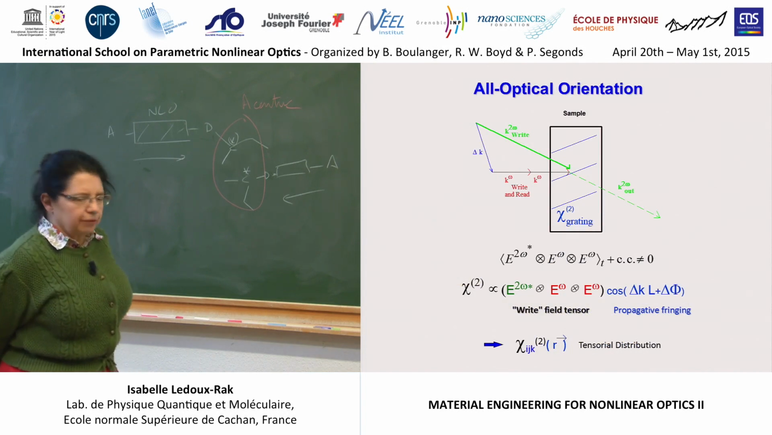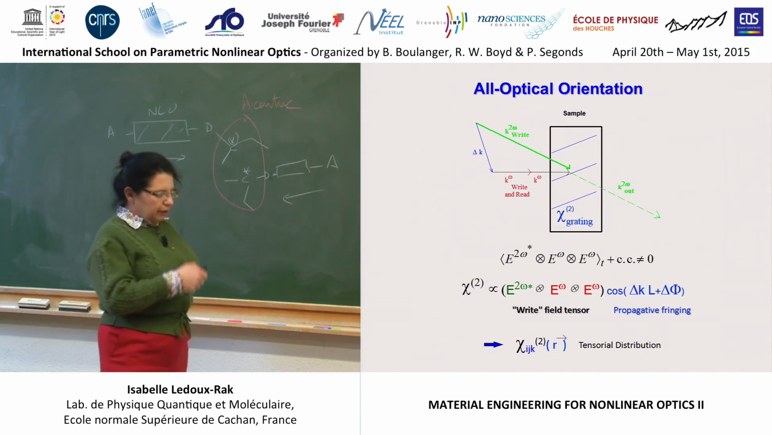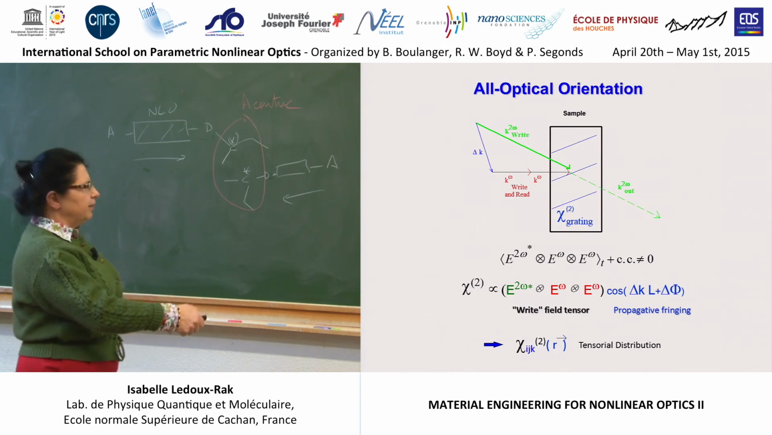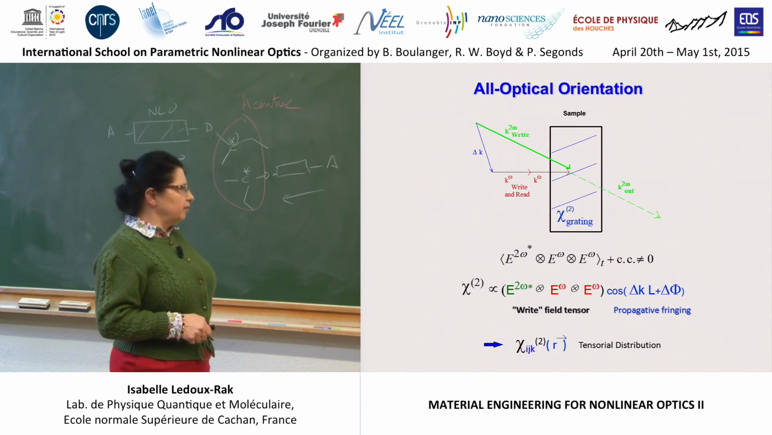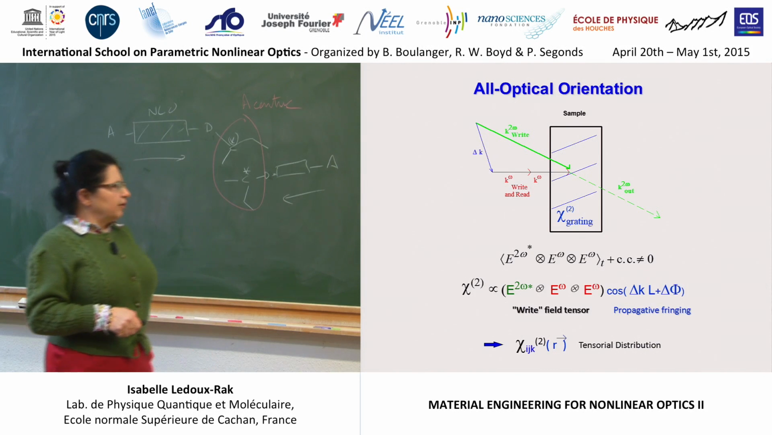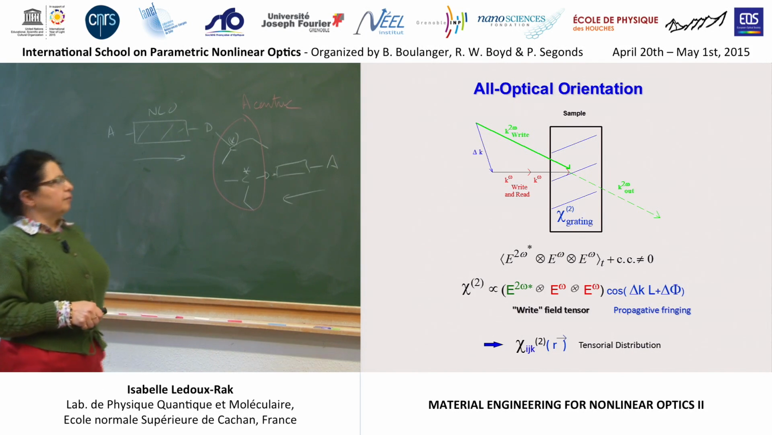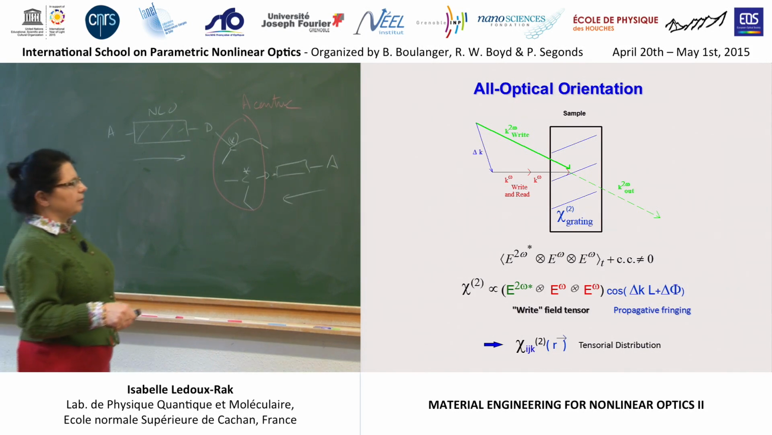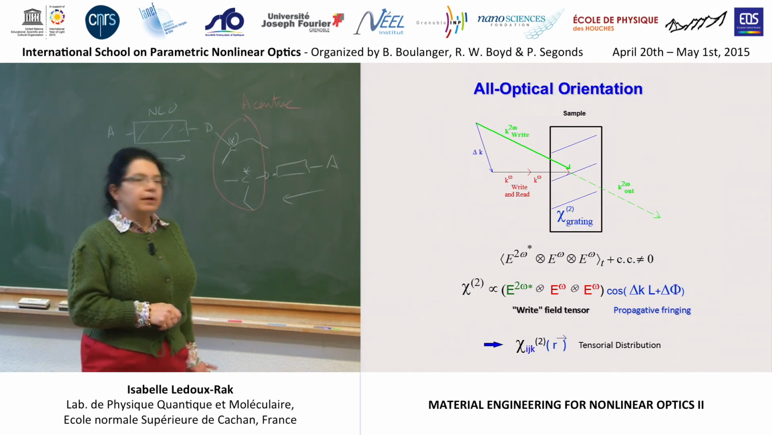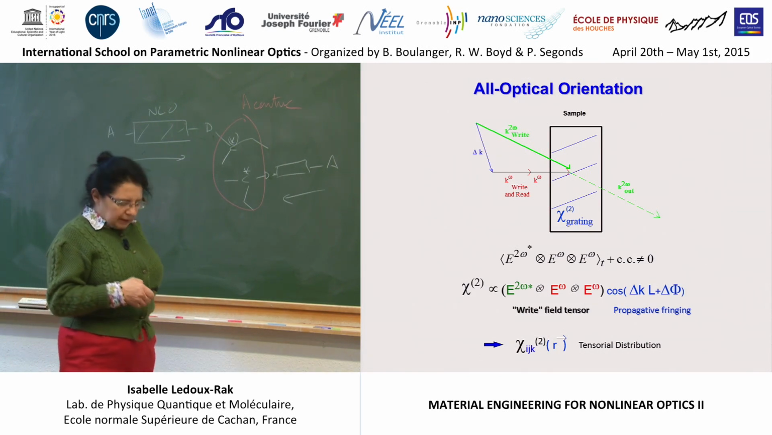So now let's go to the other aspect, which is the fact that all-optical orientation will be able to make some gratings, and anyway, the chi2 is not homogeneous in space. These terms correspond to a kind of cosine variation with the phase difference between omega and 2 omega phase factor. And it means that the chi2, which will be imprinted in the material, is expected to be periodic. And it could be very interesting if you want to perform, for example, quasi-phase matching. So I'll show you what